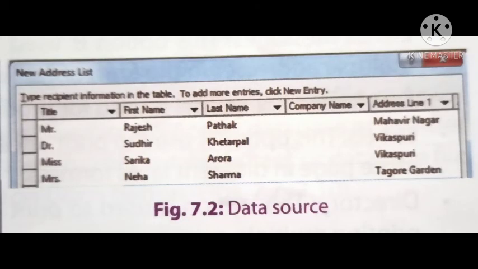Data source stores information to be brought into the main document. It is also called the data file. It has some variable data such as first name, last name of a recipient and the postal pin code of the place he/she belongs to. The header row is the first row of the table. It records a collection of variable data regarding a person or a thing.